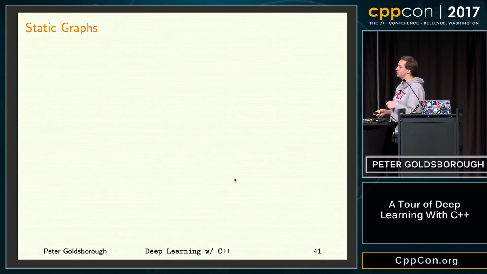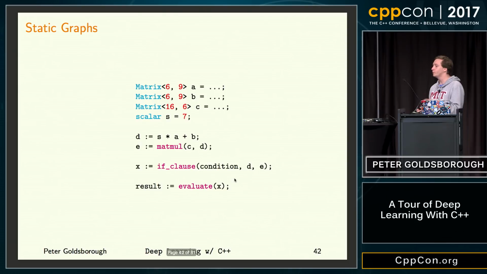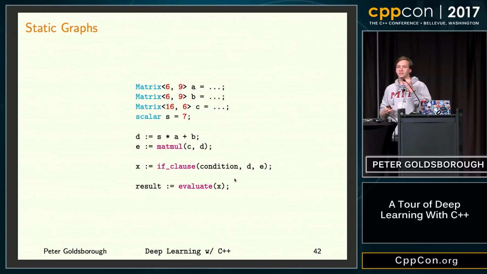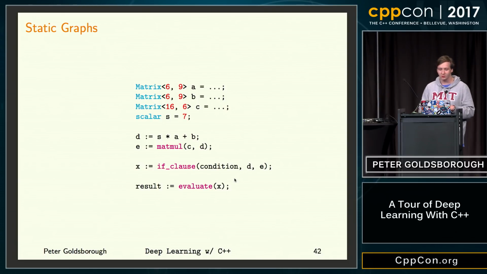There's another very important distinction between various computation graphs in various machine learning frameworks that you would encounter out in the wild, and that is between static and dynamic computation graphs. Now, in the static computation graph model, you define your graph once. And what this means for your programming is, if you look at this fictional programming language here, which is like half C++, half Python, and a third of Go, then the first thing you should notice is that the matrices have to have fixed static shapes. So you need to define them ahead of time.